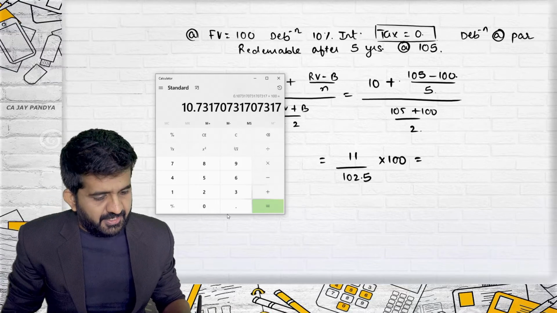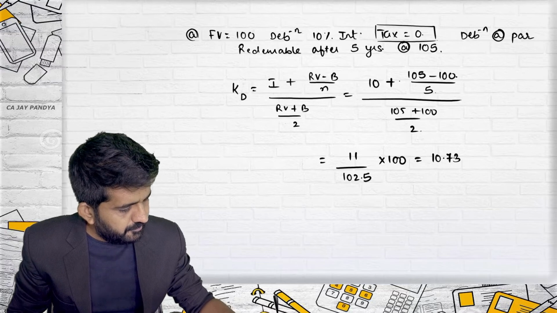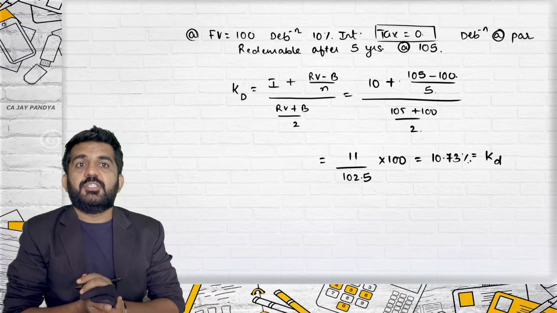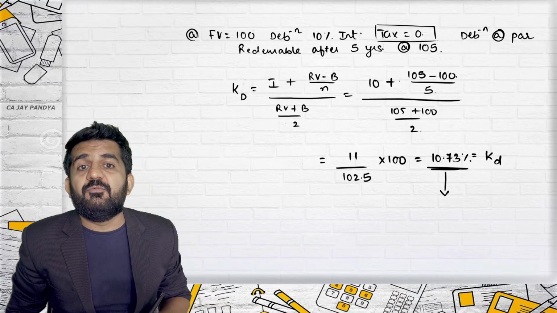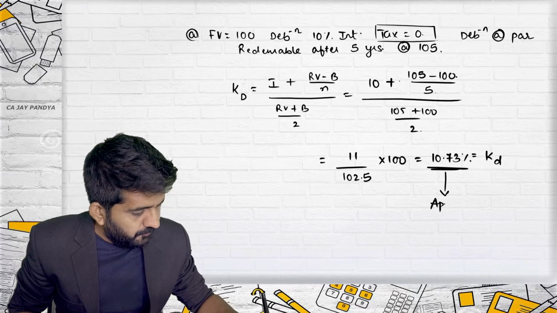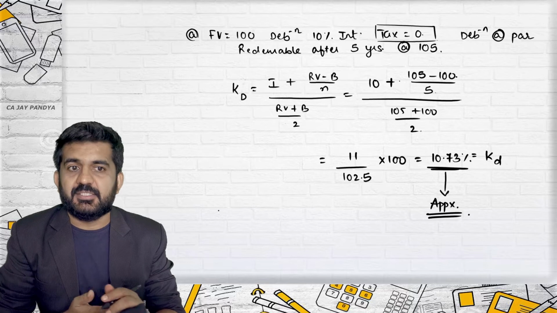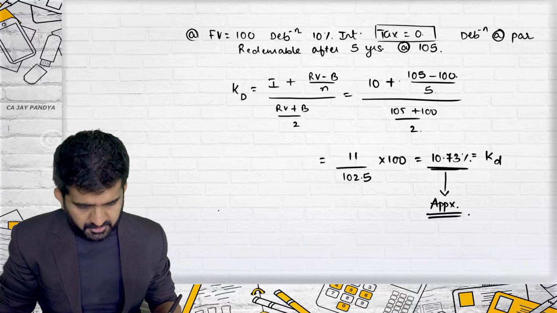What is the answer? 10.73% is nothing but cost of debentures. Believe me, the formula by which we have found out, we get which answer? Approximate answer. What is a good method to find out this? Try to concentrate. For the same debentures,